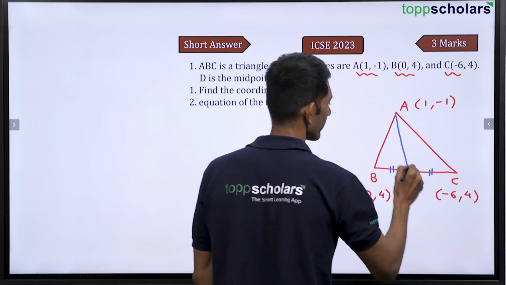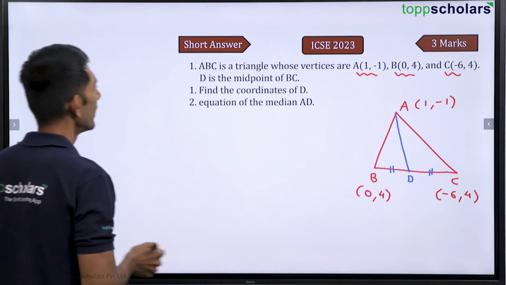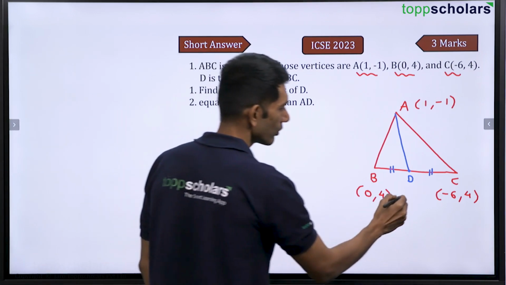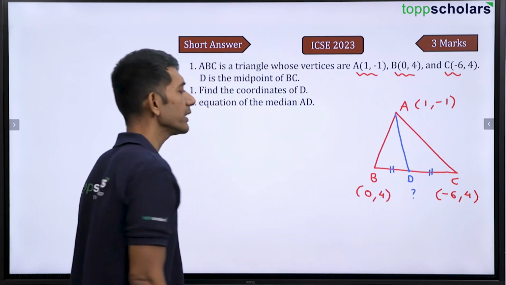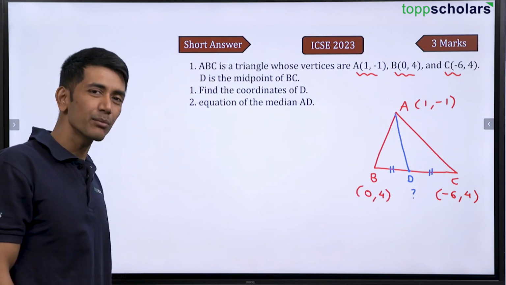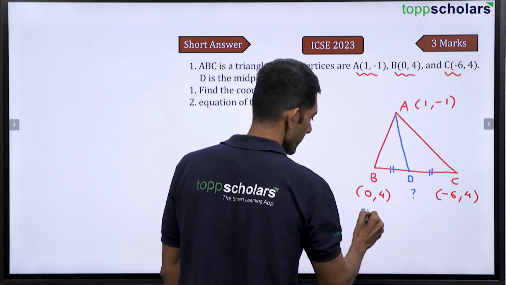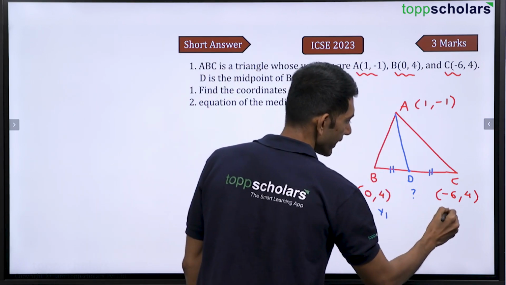If I just join this. Now the question says, find the coordinates of D. So we are supposed to find out the coordinates of D. Okay, let's focus only on point D as of now. Let's forget about the second question, which is the equation of the median AD. So if we take this as x1, y1, and if I take this as x2, y2,